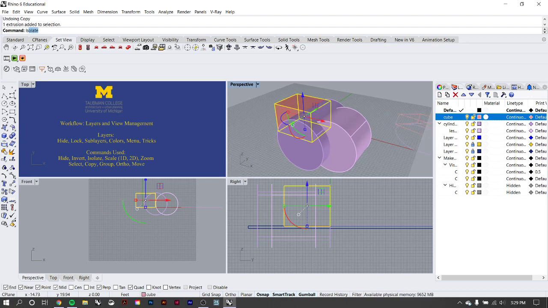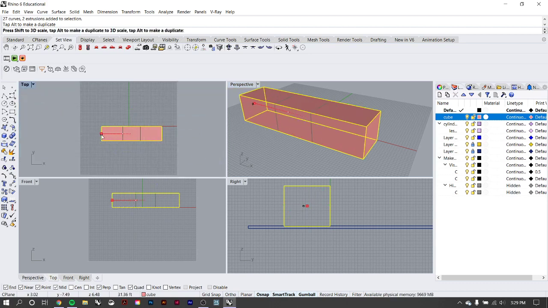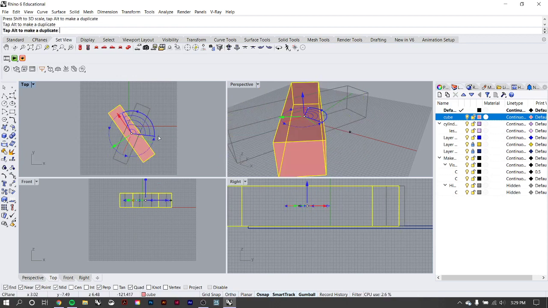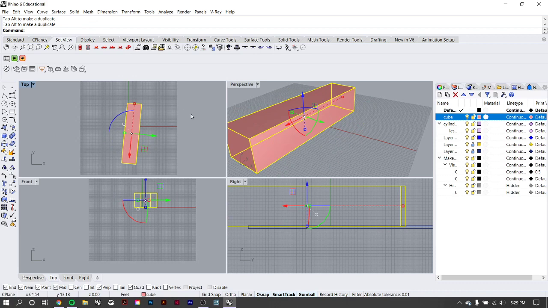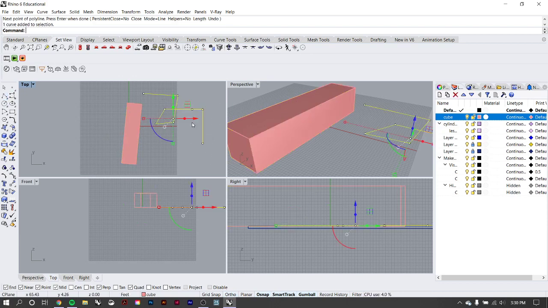Ortho, this is something that I find very useful. In order to enable orthographic movement in a modeling space, if you hold shift, like I'm doing right now, it'll only move orthographically. Perhaps better demonstrated in the top view. But if I'm not holding shift, I can spin it on different axes in different places. This is also helpful with polylines too. So right now I don't have ortho, but right now I do have ortho. Makes it a lot more rigid and easier to continue orthographic lines